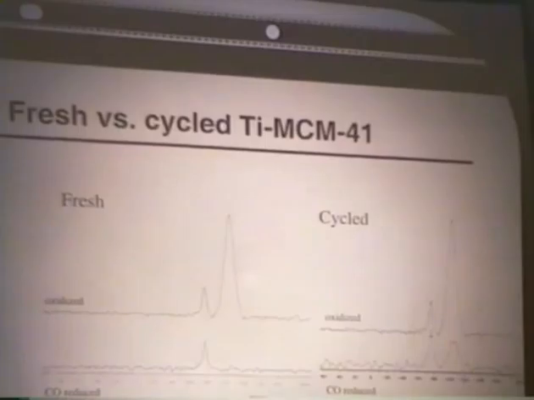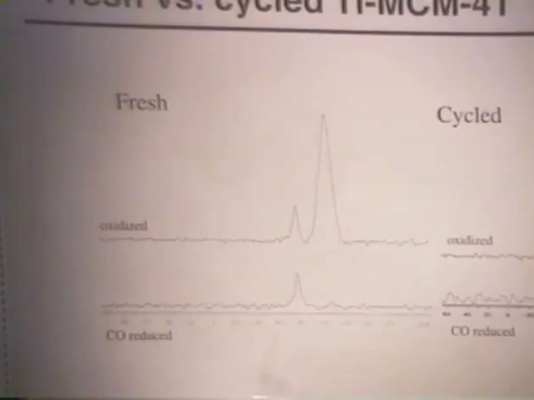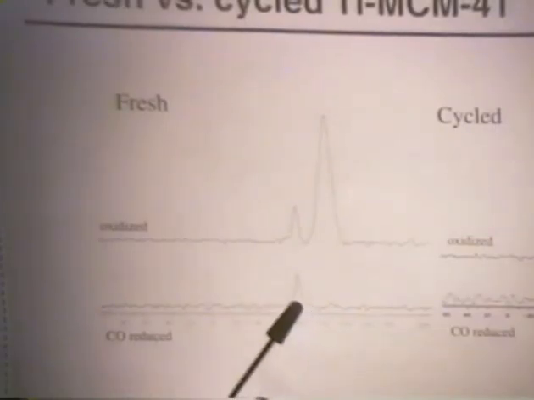And even at very, very low concentrations of titanium, this is silicon to titanium of 120 to 1, one still obliterates some 80 to 90% of the silicon-29 spectrum. So once titanium is reduced, the silicon-29 spectrum is removed. So if one does this then to these fresh versus cycled titanium MCM41s, the fresh material, if it's reduced, one loses all of the silicon-29 spectrum. Okay, so this is again the cyclopentadienyl titanium grafted material, which we presume has all the titanium on the surface. So reducing the titanium removes all of the silicon spectrum.